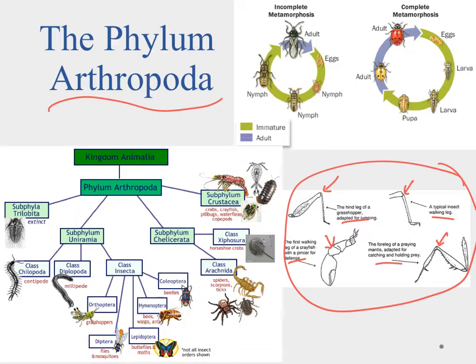The other thing that the arthropods go through is this process called metamorphosis. And there's two different kinds of metamorphosis. We have complete and incomplete metamorphosis. In complete metamorphosis, we see a drastic change of body type. So we start off with our eggs here. It hatches into a larvae. And if you look at the larvae here, that larvae will continue to develop into a pupa, and then we form our adult. And if you look at the larvae and the adult, you'll notice that they have two distinctly different looking bodies. It's not a bad example here, but think caterpillar and butterfly, how a caterpillar and a butterfly